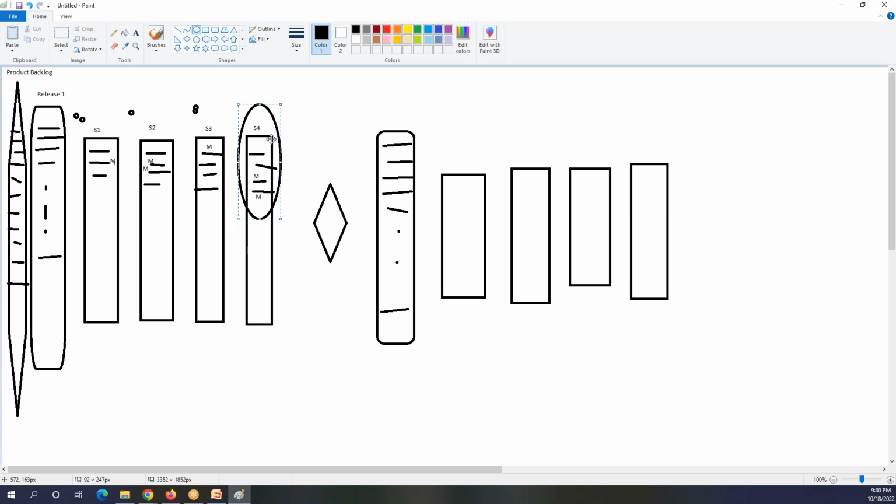So the thing is, you are here in sprint 4. Now when you are here in sprint 4, you have to look back and check how many test cases you created before, how many tests you had done before. So in total, how many do you have? 3 and 4, that is 7. 7 plus 4 is 11. So in total, you have 11 test cases that you created before this sprint 4. So all these 11 test cases go to the regression test.